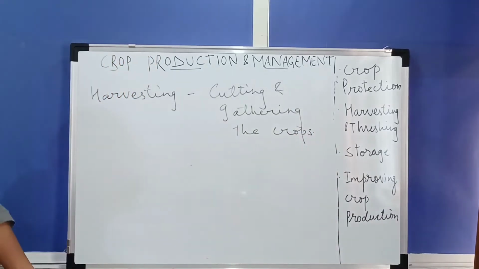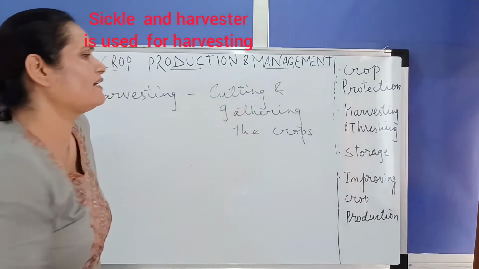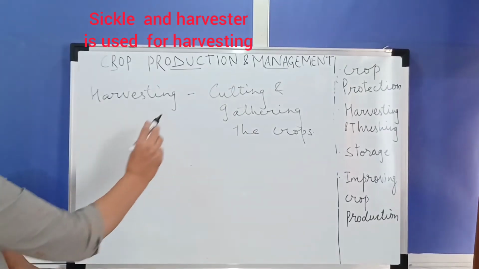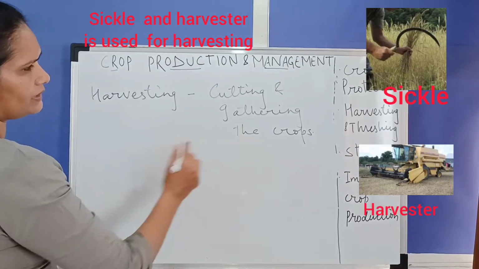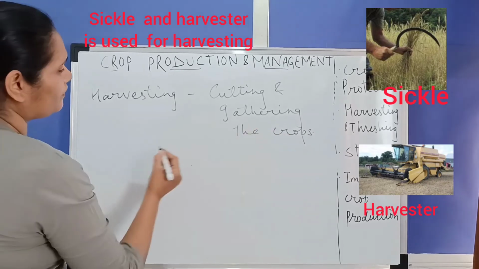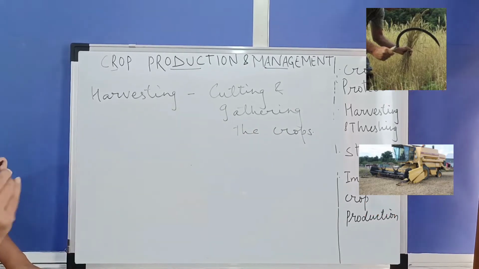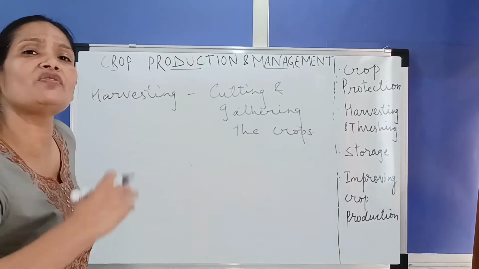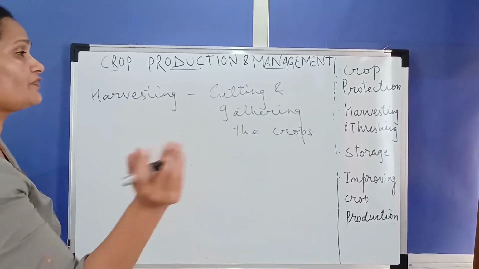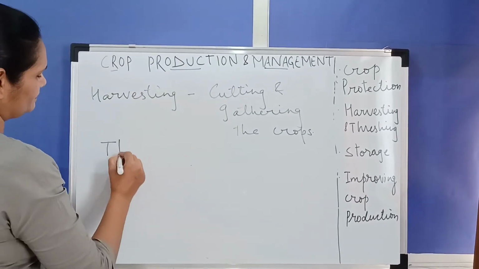Okay, after the crop is harvested, the grain has to be removed from the seed cover. So for that, threshing is done,